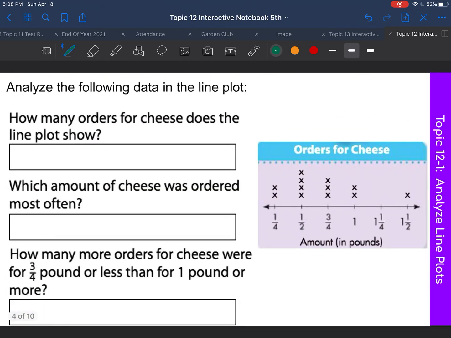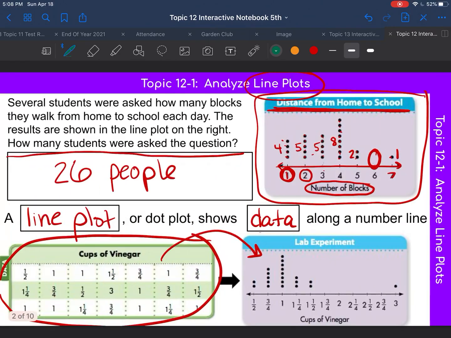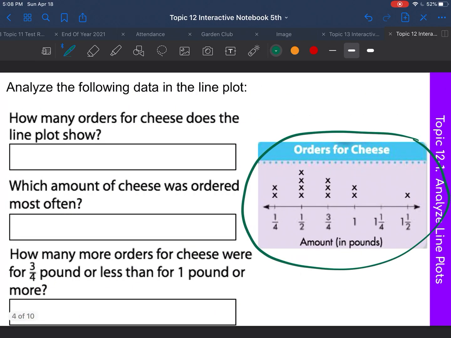So now that we have kind of discussed what a line plot is, when we're looking at a line plot, we can answer a lot of questions from the line plot. Now, this line plot right here doesn't use dots. It uses X's instead, which is the same exact thing. You can still use X's. Okay, so it says, how many orders for cheese did the line plot show? So again, like we did over here, guys, we counted all of the dots to figure out how many people were surveyed. Okay, same thing for this, where you can count all the X's